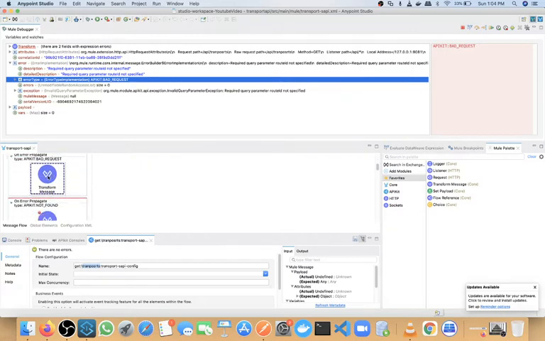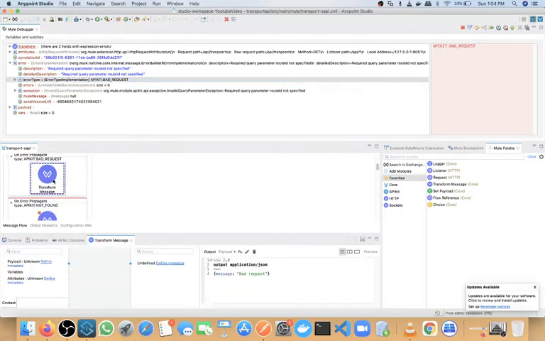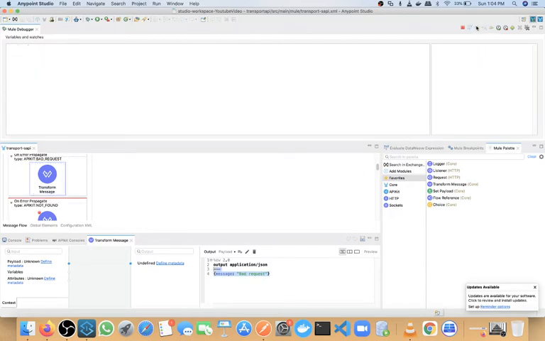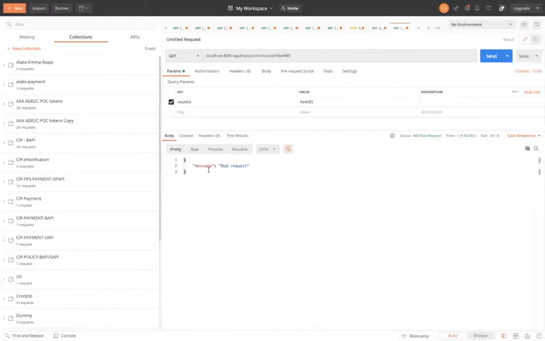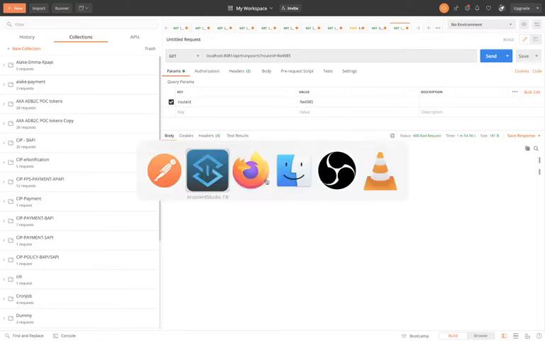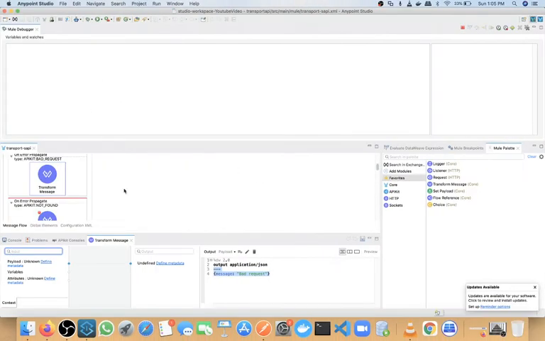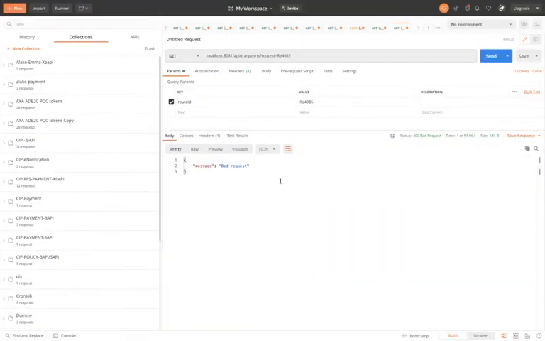Okay, so we are at this point. Once we complete this process, our payload will be transformed by this, so we will get this payload in response. Let me complete this. You can see here we are getting bad request, and 400. Now we have corrected everything in our Postman, like we are calling as per our YAML, whatever configuration we did, what all things are mandatory, what all resources we have, we configured everything.